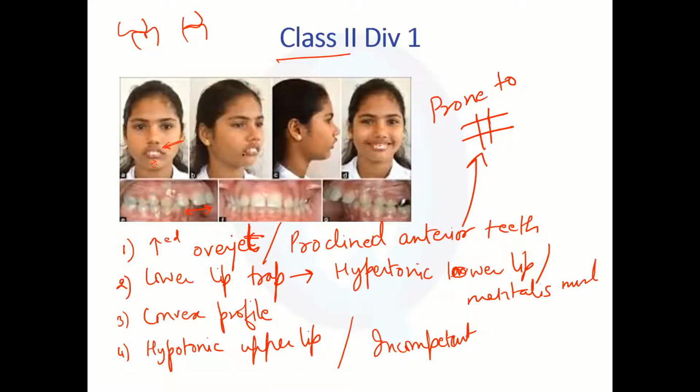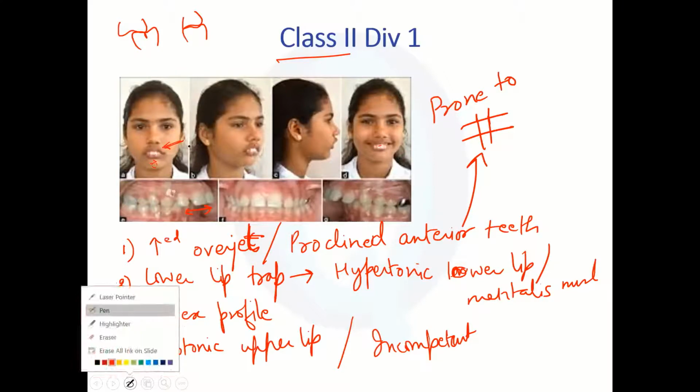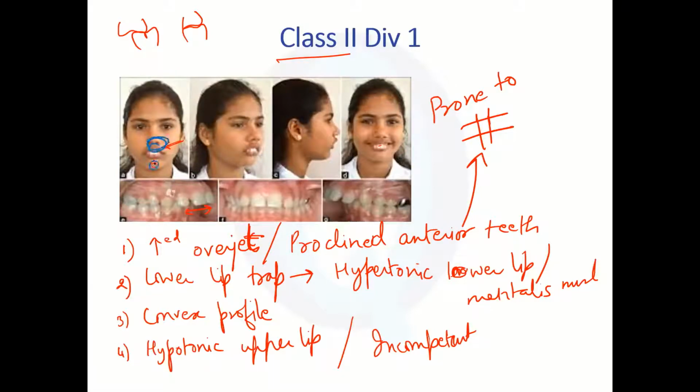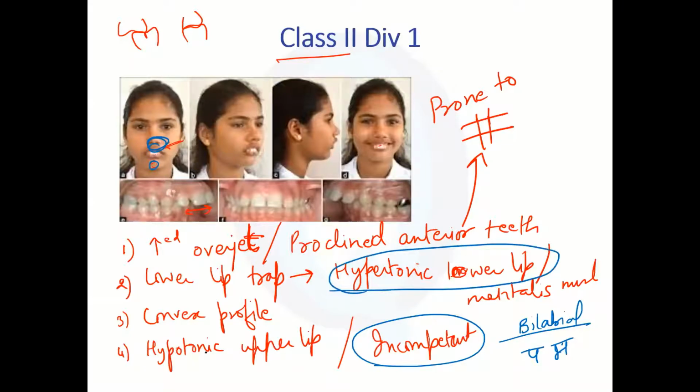The other thing I'm going to say is what kind of speech difficulty this patient can have. Imagine these are lips like that. The upper lip is hypotonic, the lower lip is hypertonic. The patient is not able to close, there are incompetent lips. So the patient will not be able to touch the lips together, so the bilabial sounds are going to get affected. Bilabial sounds are ma. These bilabial sounds are affected because of the hypertonic lower lip and hypotonic upper lip, because of the problems in the musculature of the lip.